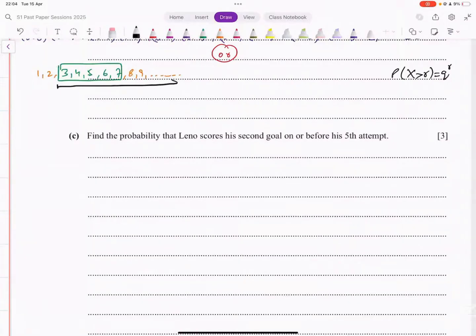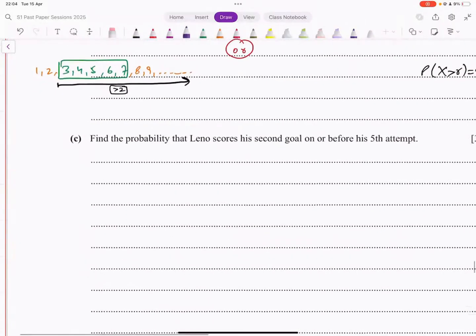From 3 onward. How would you describe these numbers? These numbers are greater than 2. So this black line that I've drawn represents numbers that are greater than 2. I want to write the numbers in greater than form, right? So from 3 onward, we could say they are greater than 2.